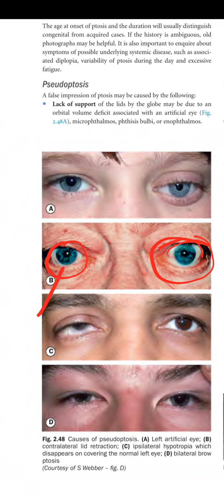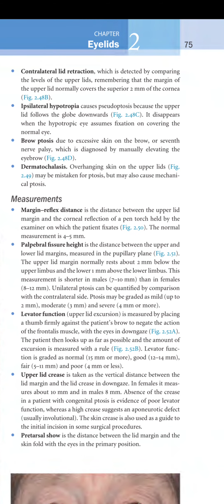And C is an ipsilateral hypotropia which disappears on covering the normal left eye. So this is also giving the impression of ptosis due to hypotropia. Brotosis is due to excessive skin on the brow or seventh nerve palsy, which is diagnosed by manually elevating